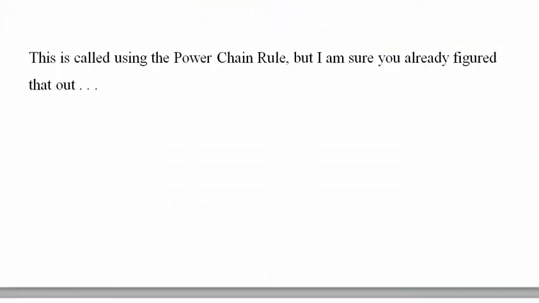So this is called using the power chain rule, but I'm sure you already figured that out. You just have some value to the fifth, and you put that out front, and then you take the derivative of that value with respect to x. So in this case, it was secant to the fifth. Just to give you more practice, let's see if that was